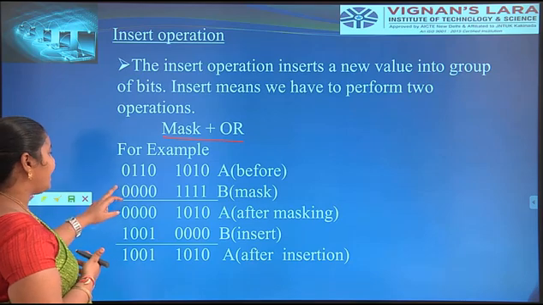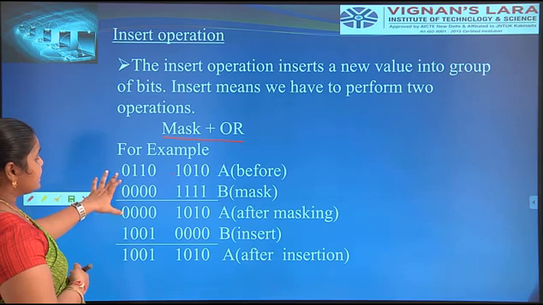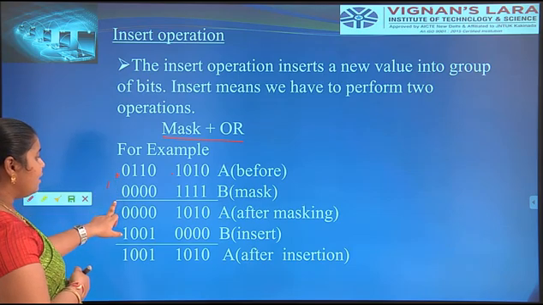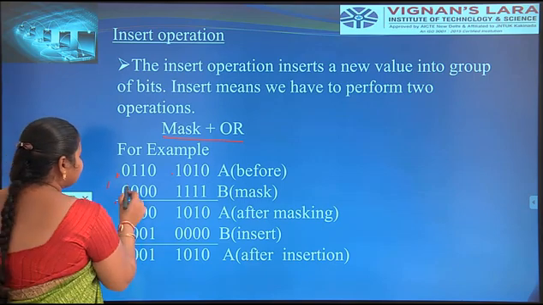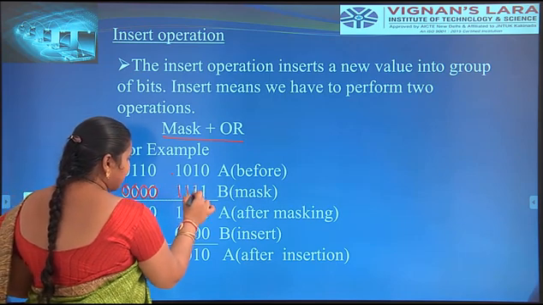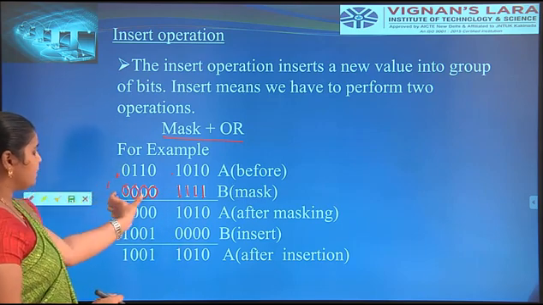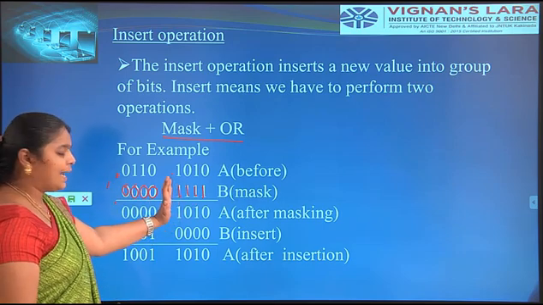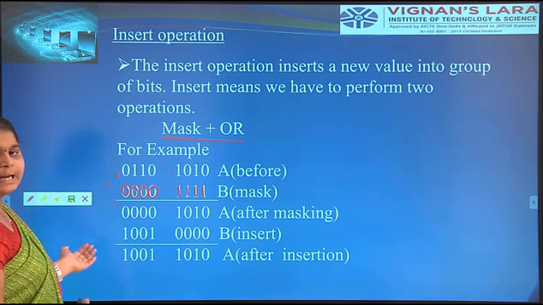For example, this is a 10 value, and this is the extra value we have to insert. For this insert operation example, first of all we take the mask operation. Here we take 0 0, and next in that 10 we place 1. After masking, we assume that the first 4 bits are 0 0 0 and the second 4 bits we take as ones. Next we calculate A and B with the mask operation.